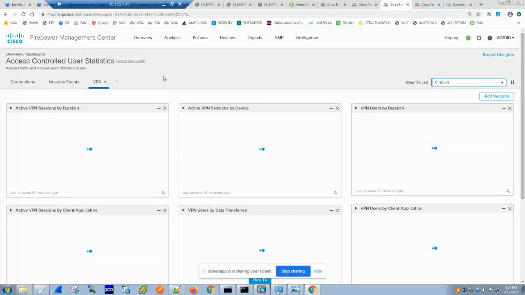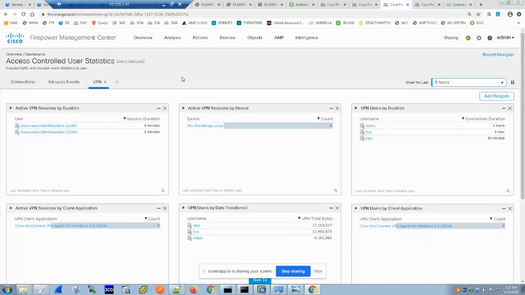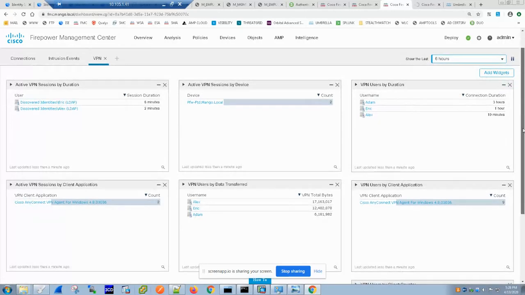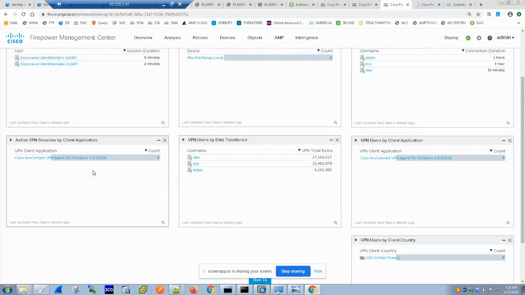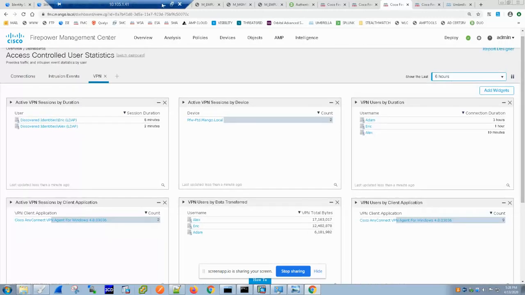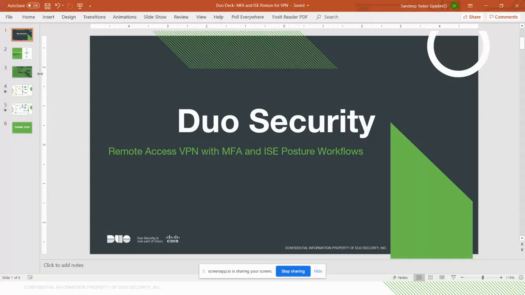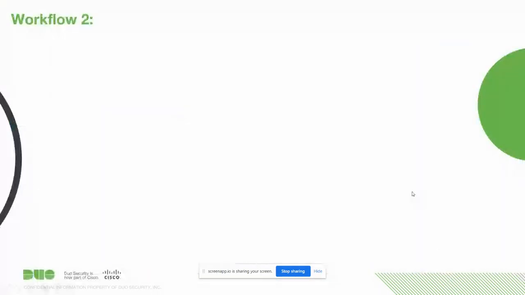This dashboard already exists on FMC, so we just tested out this with two of the users, Alex and Eric. Both are shown here. One connected 8 minutes back and 2 minutes back. They're connected to this FTD. These have been some users from last couple of hours. All of them are using 4.8.03, which is MR3 release, and all of them are pretty much connecting from US location. So just to revise on the workflow, this is the workflow,